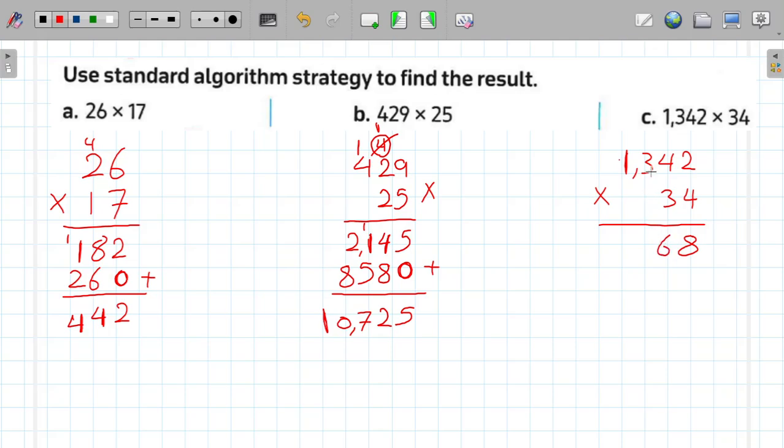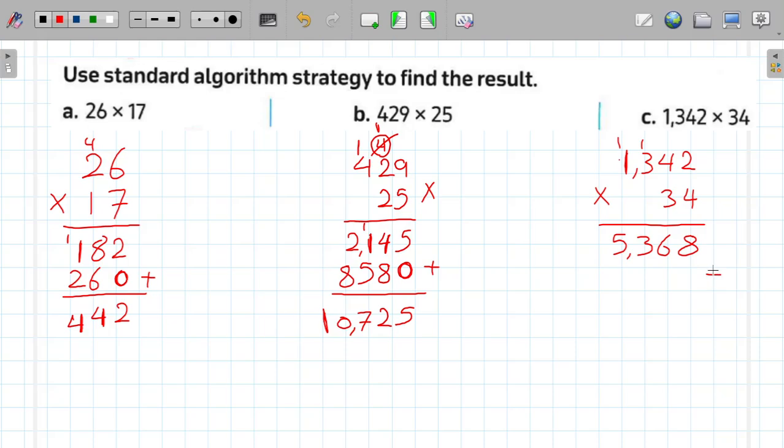So I have 6 and carry up 1. 4 times 3 equals 12, and 12 plus 1 equals 13. So I have 3 and I will carry up 1. 4 times 1 equals 4 plus 1 equals 5. So the first result will be